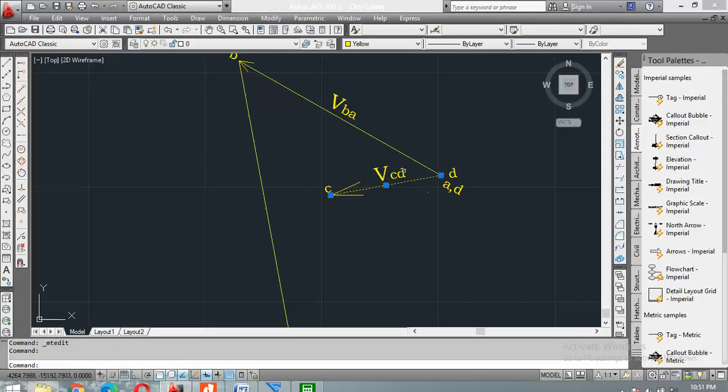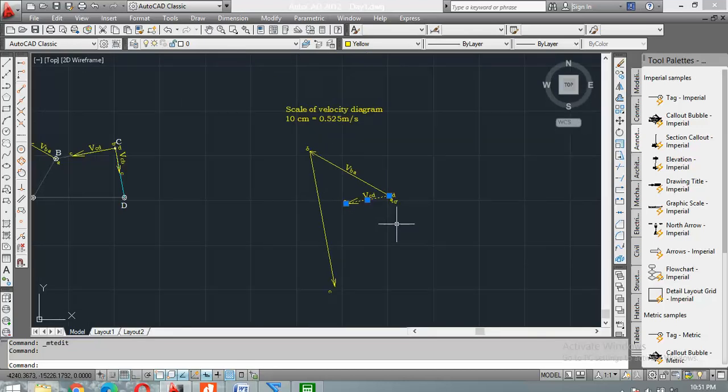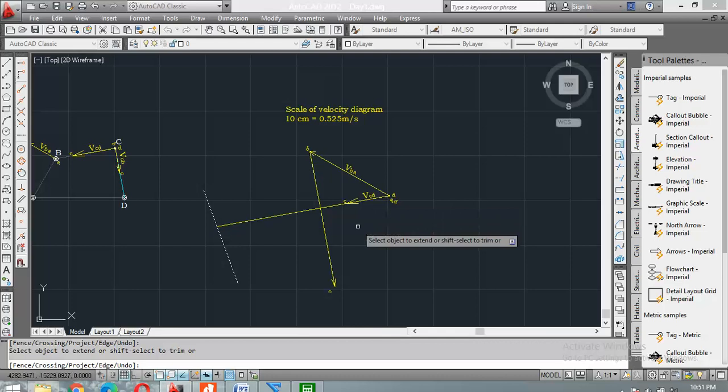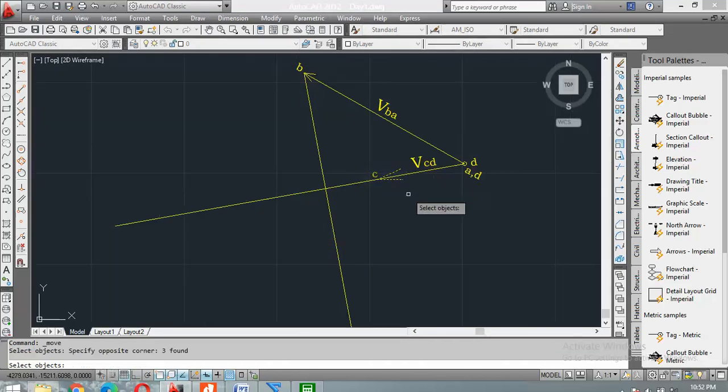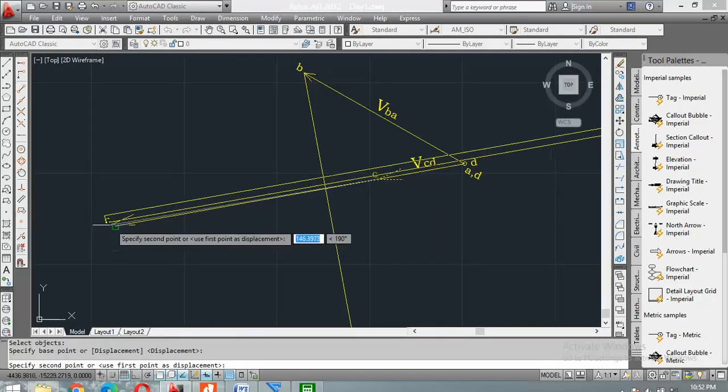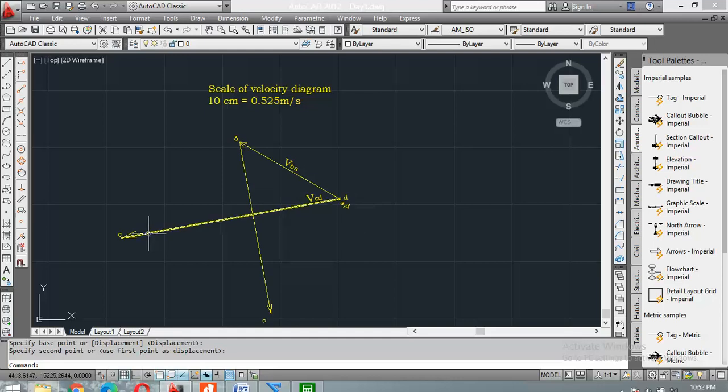If the linear velocity magnitude of CD is not calculated from the equation, then we cannot find the length of this vector. अब लेंथ फाइंड आउट नहीं होगा तो क्या करेंगे आप? पहले जो किया था उसी तरह से, arbitrarily I am extending this vector from some length. Okay, arbitrarily I am extending it. So we can say that the C point will fall anywhere on this line depending on the magnitude.